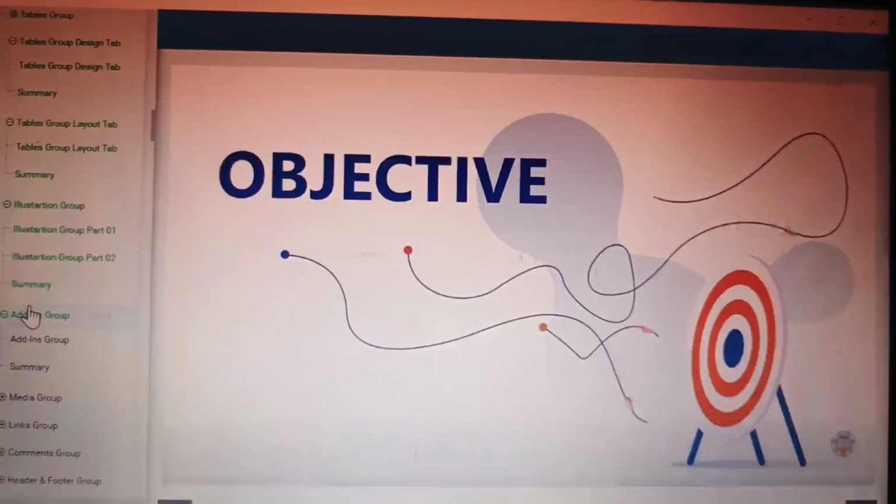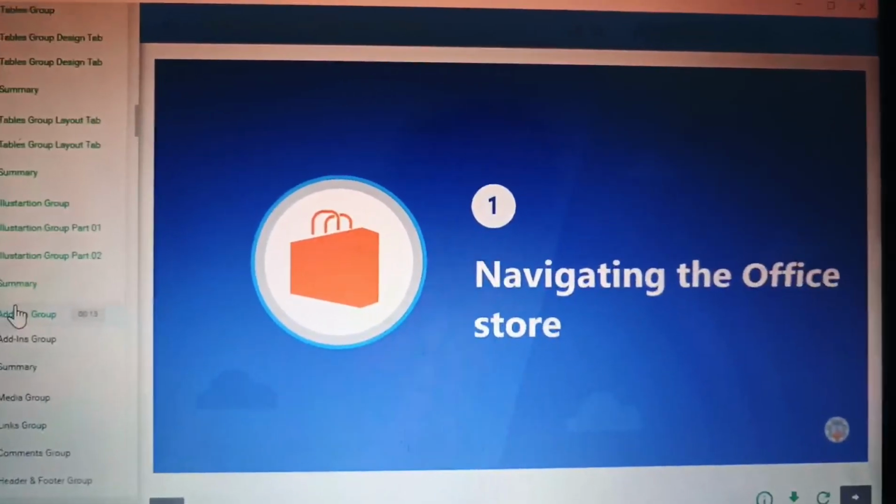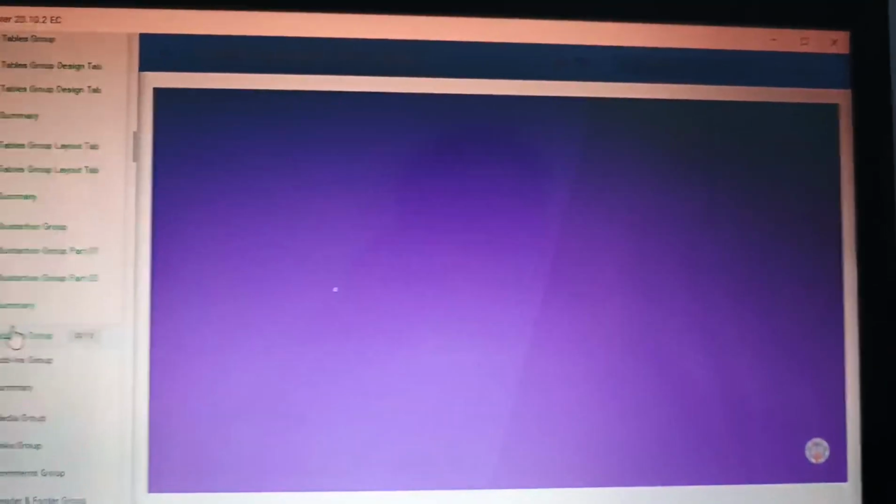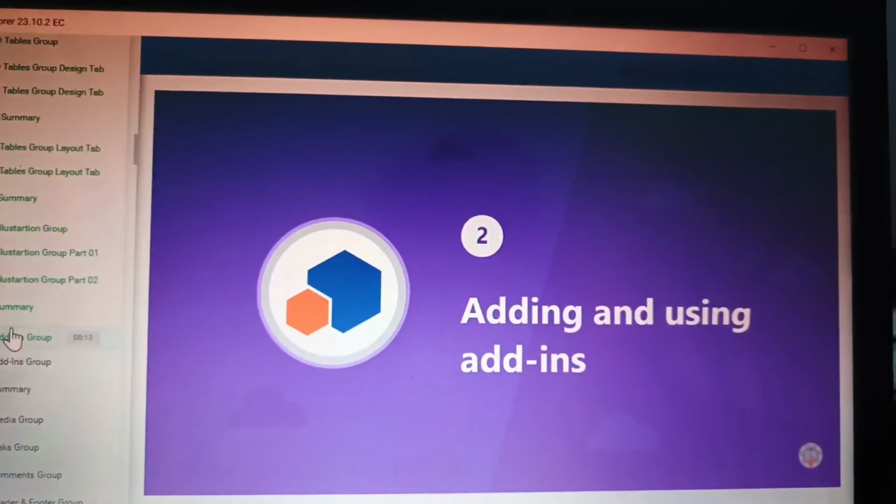Let us see what you will be learning today. You will explore navigating the Office Store, adding and using add-ins,